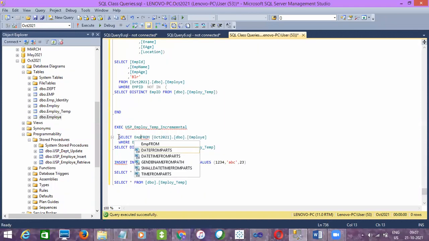I'm just checking why it is not loading.